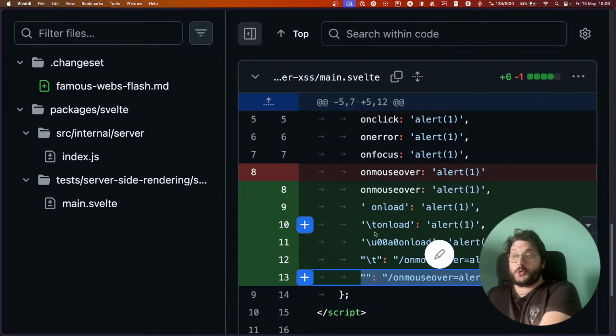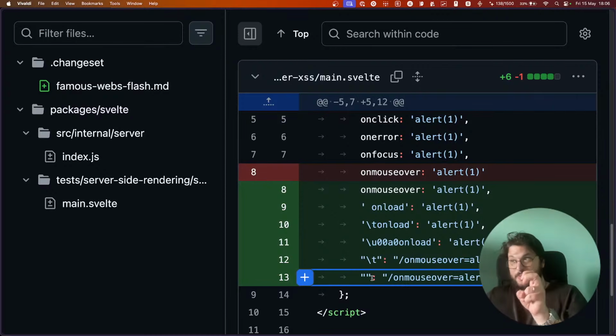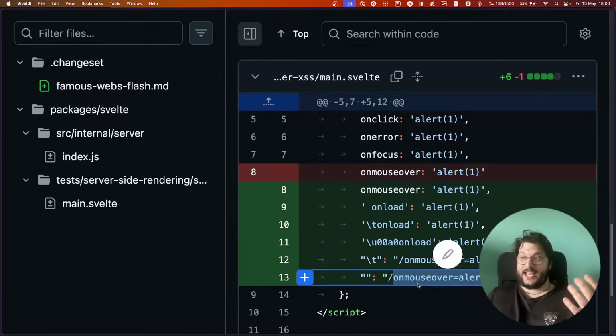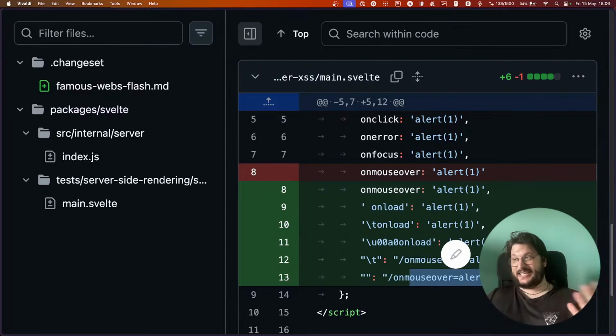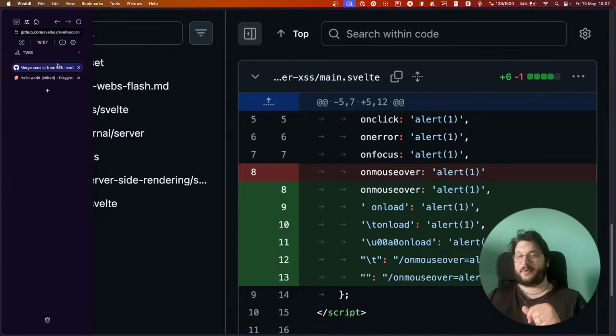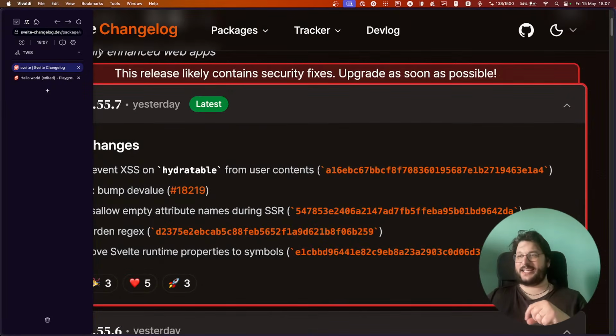You could have technically used an empty attribute, and then the value of the attribute was onmouseover alert. Given how we treat the SSR HTML, this would have been adding this mouseover alert. That's another nice vulnerability.